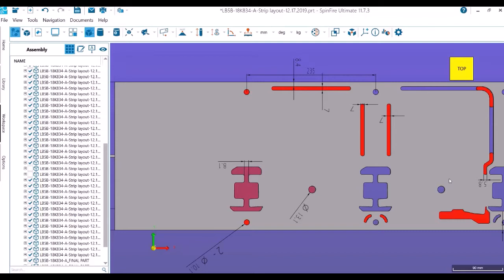Actually, we will use 3 pilots in each station. The pilot pin diameter will be 10 and 13 respectively. That's why the hole we are making in the strip is 0.1 millimeter bigger than the actual one. As we all know, the pitch is initially controlled by the coil feeder.